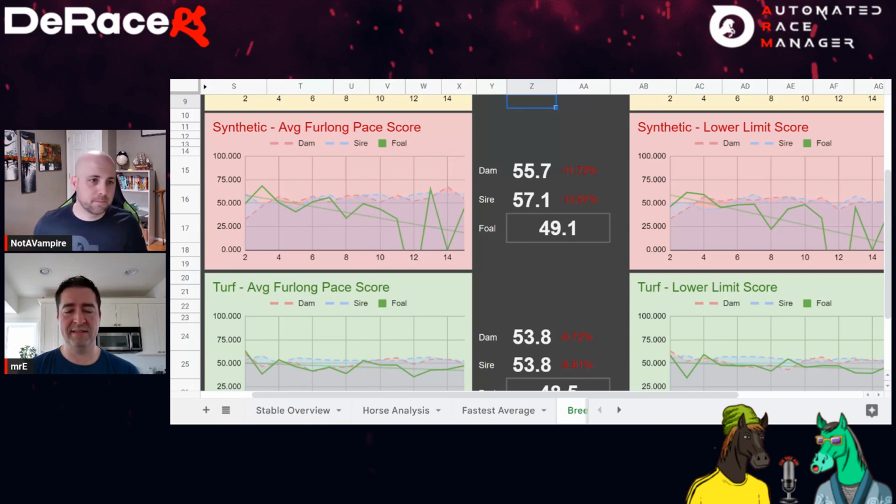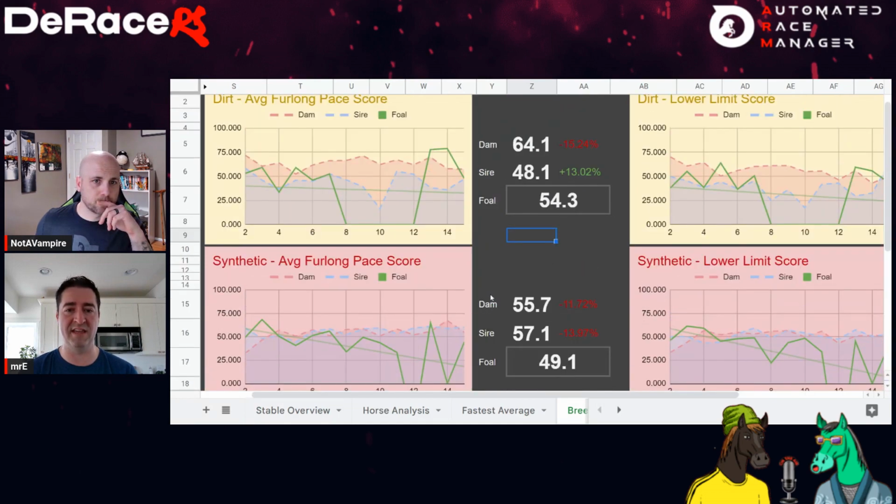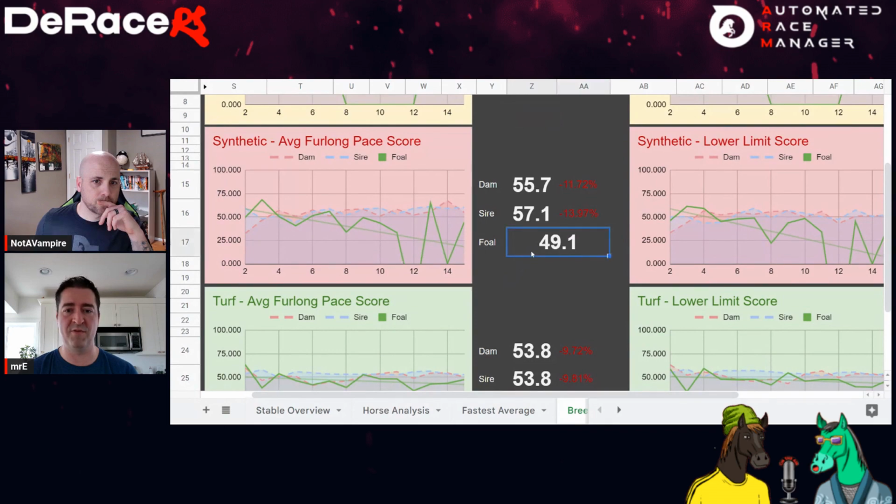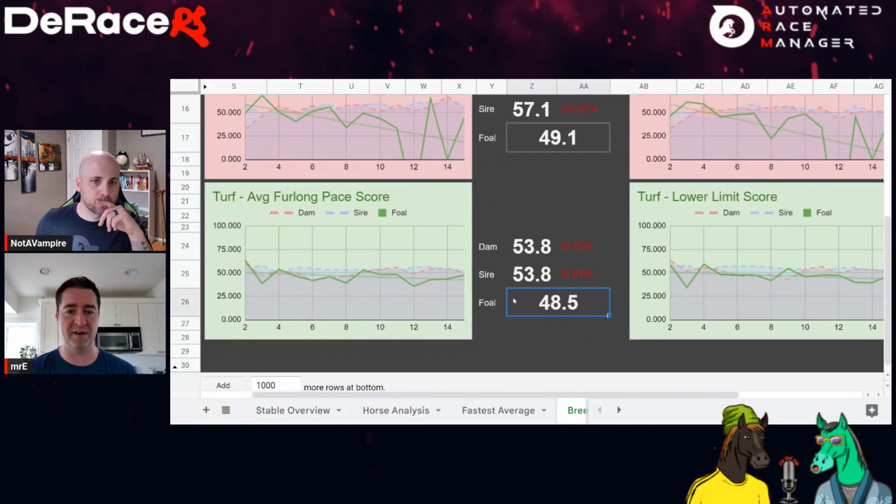And then one of the last things that you can really use this tool for is assessing quickly. Again, because it's aggregating and weighting those values, you're able to determine your horse's preferred surface very quickly. So if we scroll up and down here and look at the values in the box, we've got a 54, a 49, and then a 48. We can see that the horse prefers